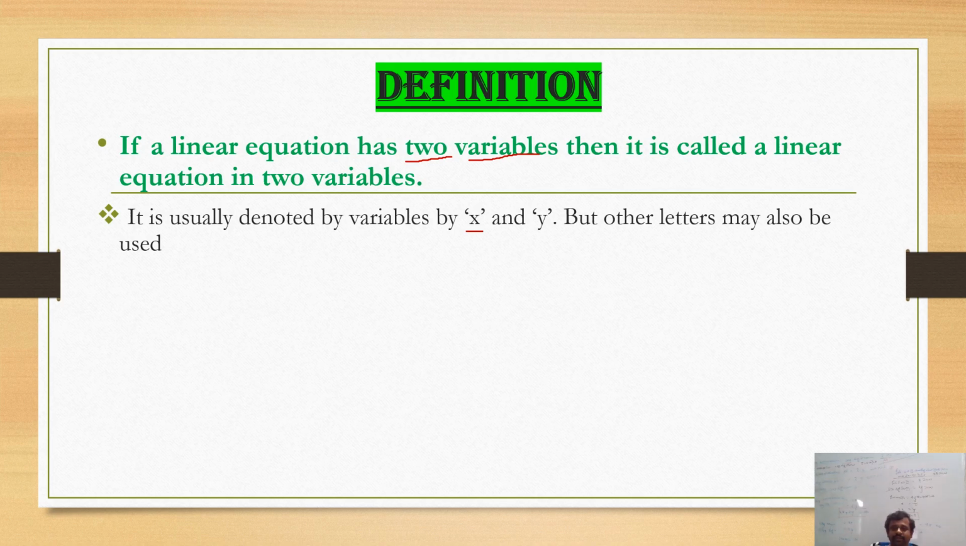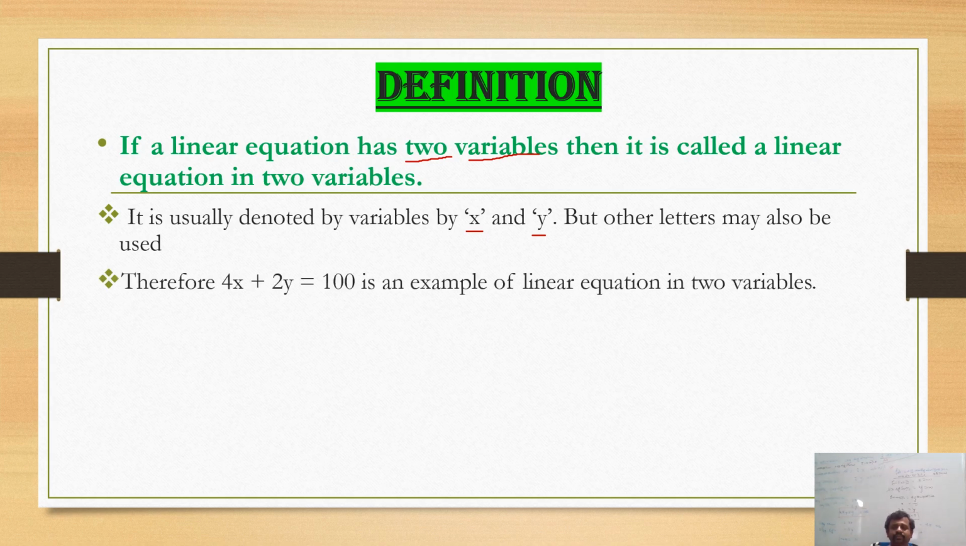As usually we can use x and y, but other letters may also be used. What are other letters? We have 26 alphabets in the English alphabet, so A to Z, whatever it may be. And several times we can use x and y. Observe here, dear students,